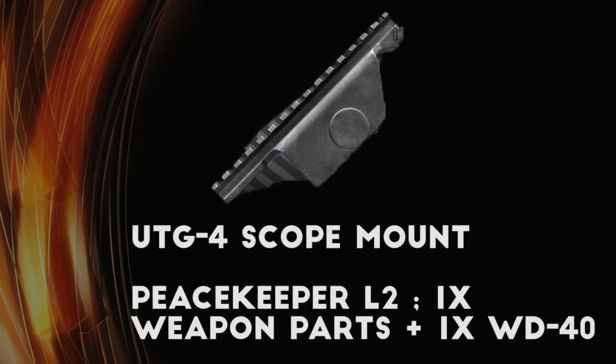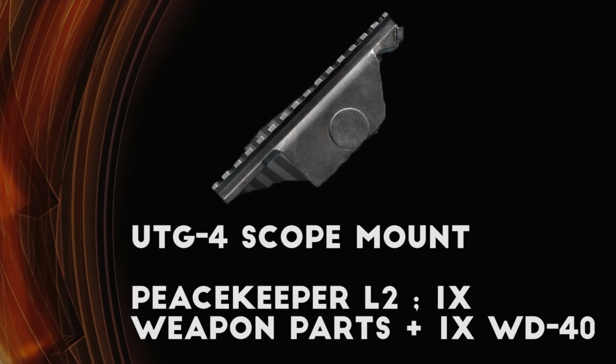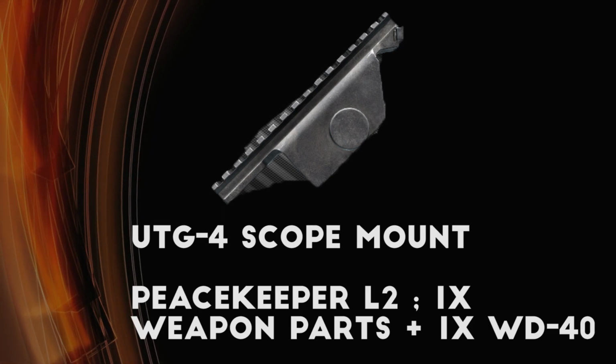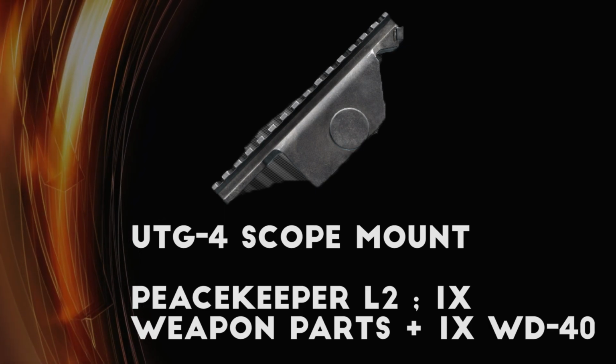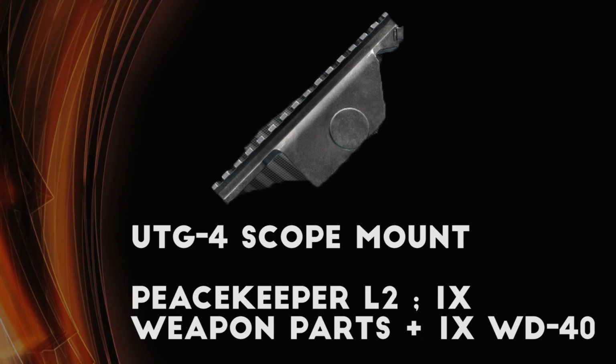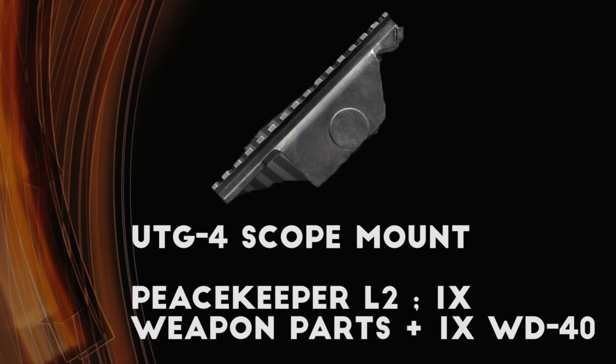Next up, we move over to Peacekeeper. He doesn't have a ton of different attachment trades, but the ones he does have are all pretty useful in my opinion. First up, starting at level 2, you can trade weapon parts and a can of WD-40 for a UTG scope mount for the M1A. This you can use for a Gunsmith quest